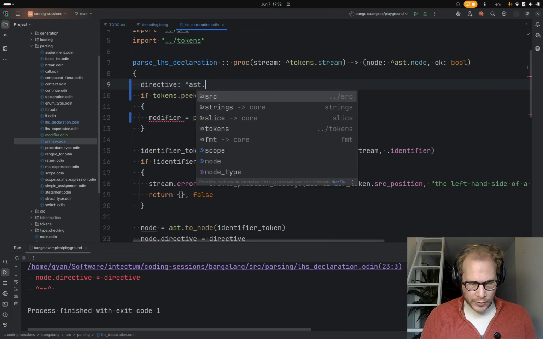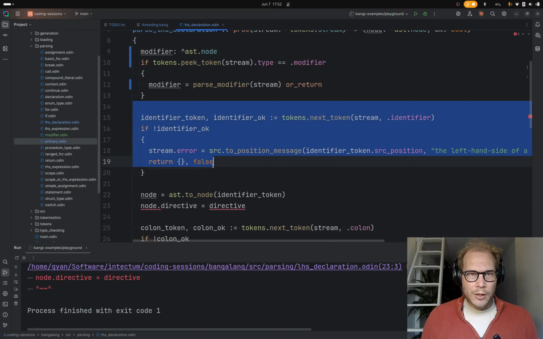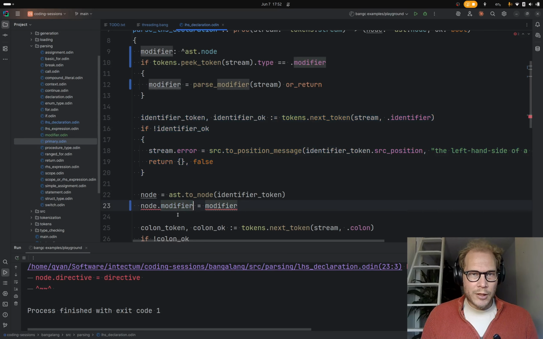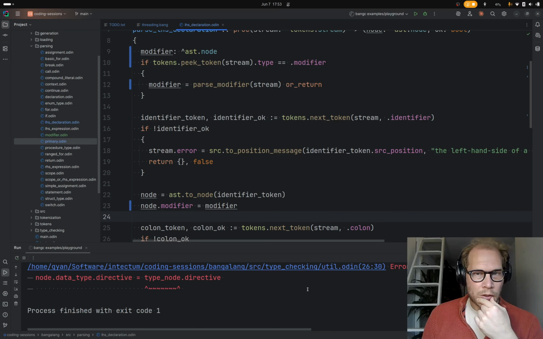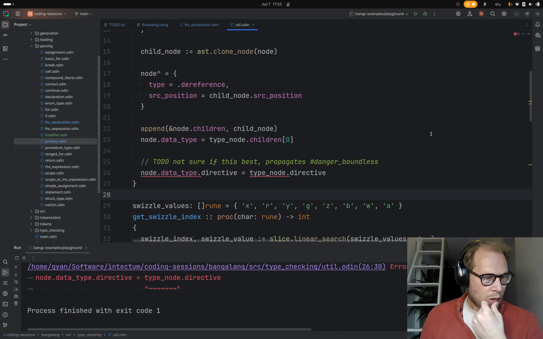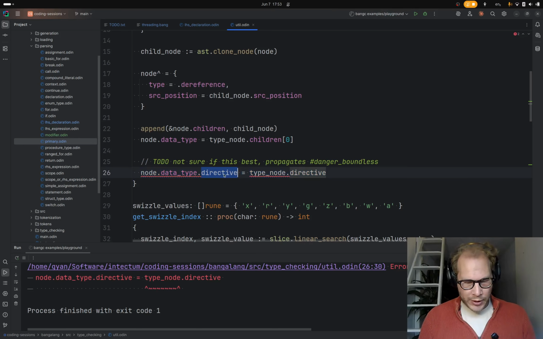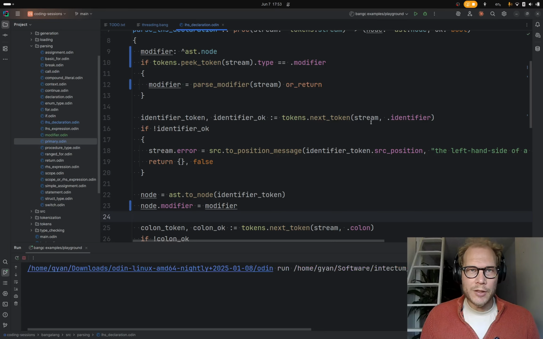So it should be a pointer to a node now. Then we do our normal identifier stuff, and then we assign the modifier. Yeah, I think that takes care of that. Okay, so this is copying the modifier over. I'm not sure if this is even necessary, but we'll just leave it as is for now.